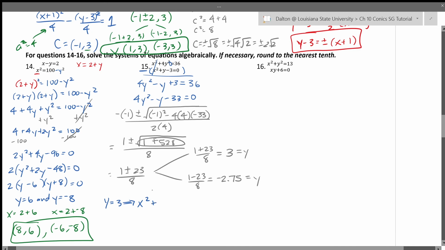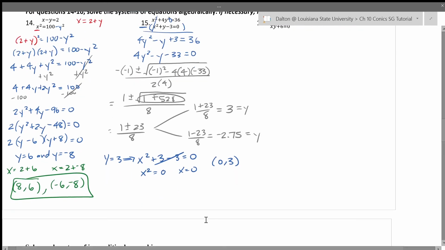x squared plus y is 3 minus 3 equals 0. Well, 3 minus 3 is 0, so then the only way for x squared to equal 0 is if x is equal to 0, which implies the ordered pair 0, 3. When you plug in 0 for x, the y value is 3. So there's one of our answers. And then we have